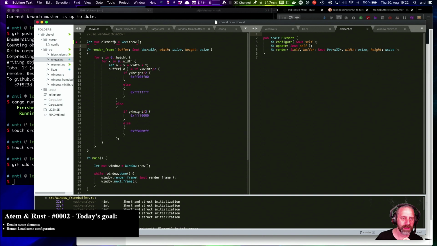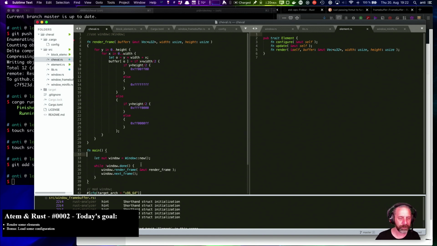Oh, we have to pass in the elements, right? Yeah, C++. I'm writing C++ code. Let's not do this. Sorry about that. So basically, we'll need some structure here, but for now,